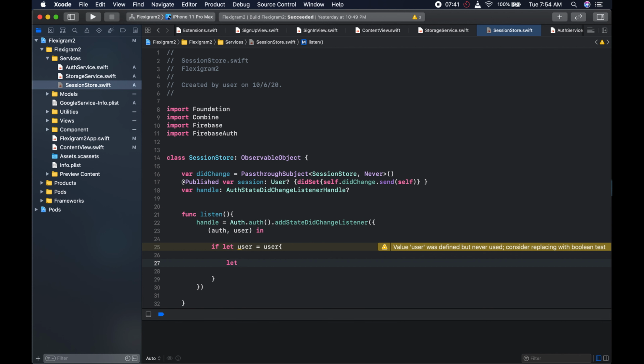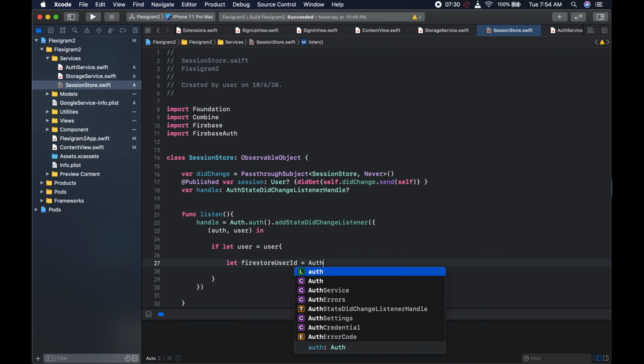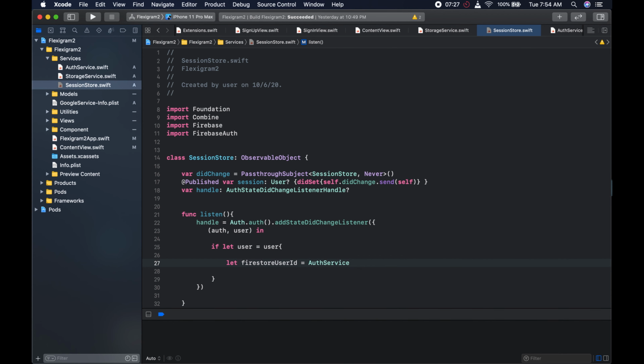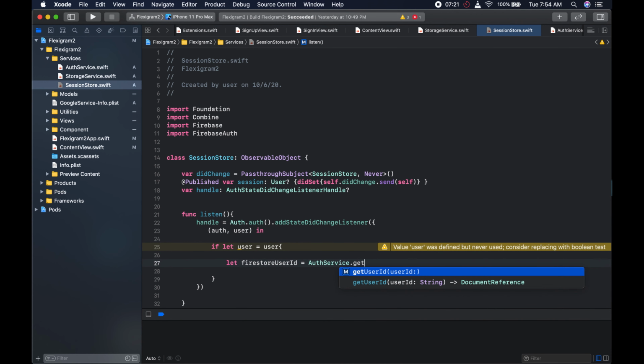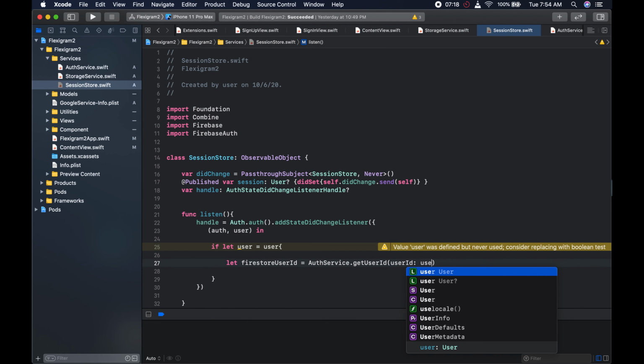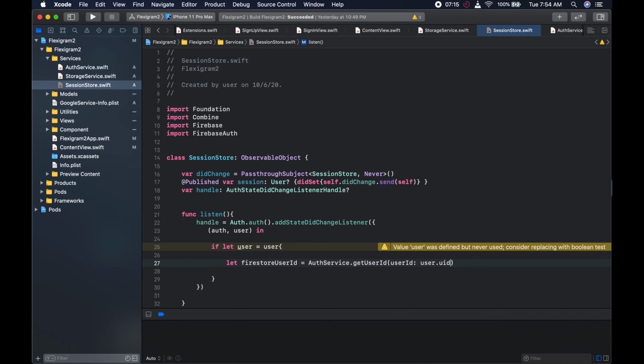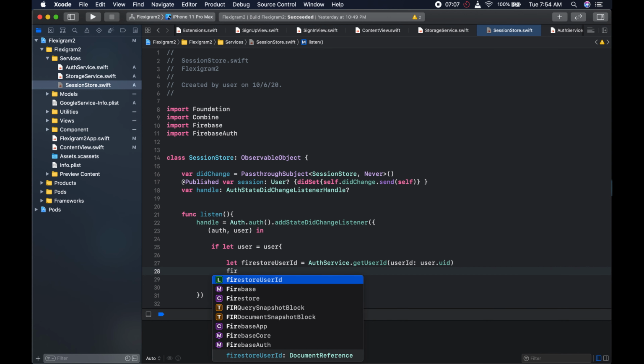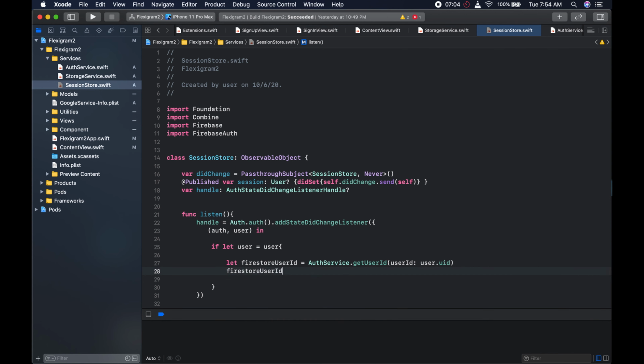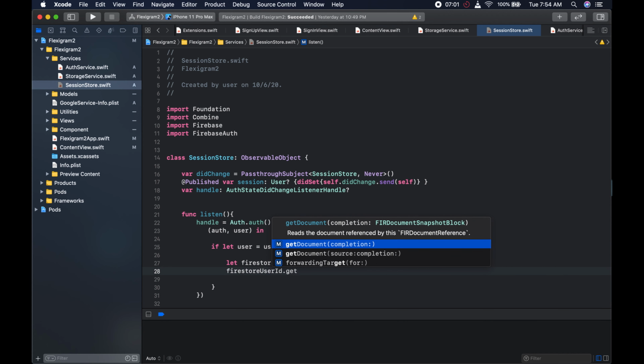So we could say let Firestore user ID equals, and we're going to use the method that we created outside. So we're going to get the Firestore user ID from the document. We could say dot get user ID, and we're going to pass user dot UID. The user that comes back, the user ID can be gotten from the UID. And after that, we could say Firestore user ID dot get document,